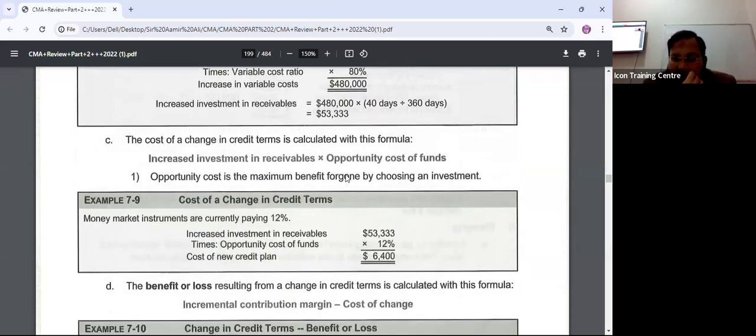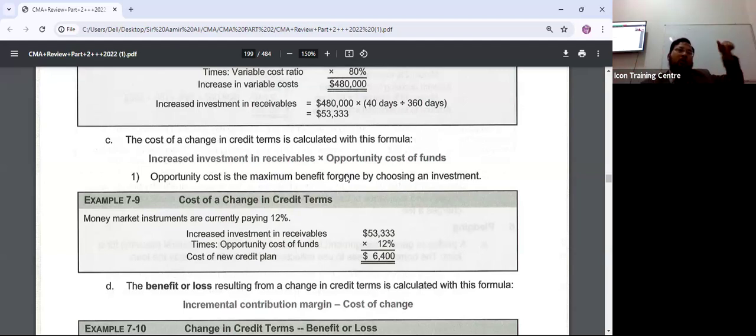Then the cost of change in terms is also calculated: increase in investment in receivables multiplied by the opportunity cost of funds. Now you see, this investment in receivables is 53,333 and the opportunity cost of the fund is 12%. So the cost of this is 6,000. I mean, if you do not